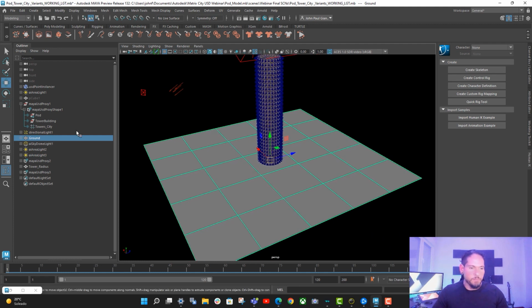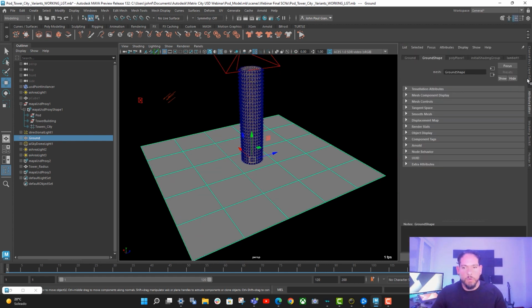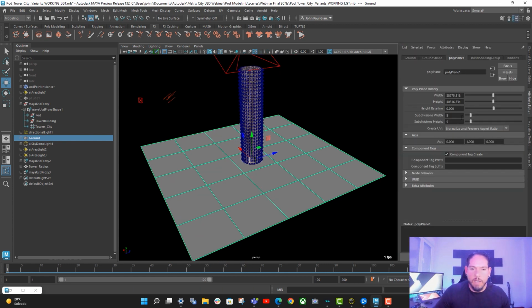It's not that big, to be honest. So as you see, because it's using points, you don't want to subdivide it by a lot. So I just keep it simple. In this case, I just have 5 and 5 subdivisions, and it's got 40,000 units height and 38,000 units width, which is in centimeters. So I'm talking about a big